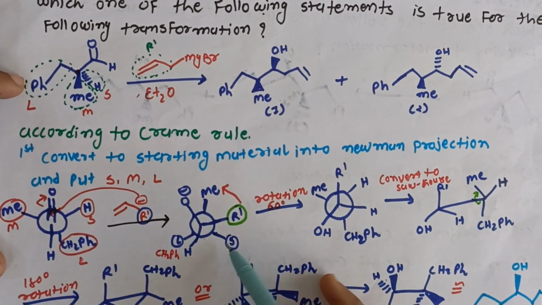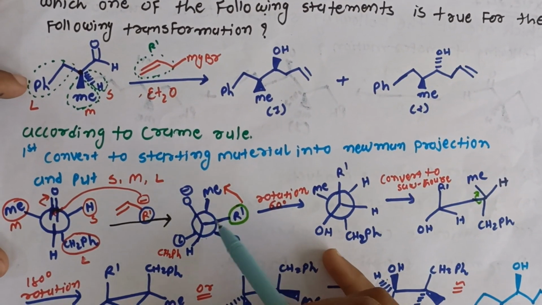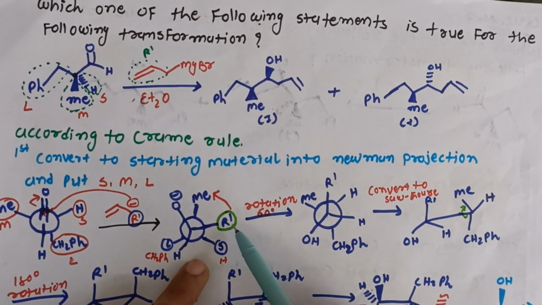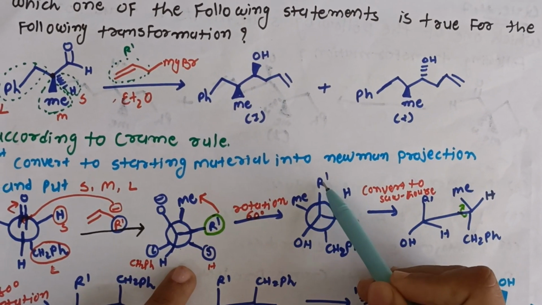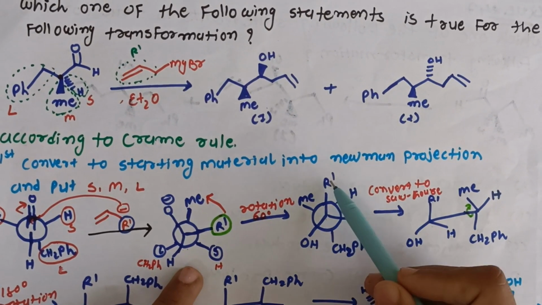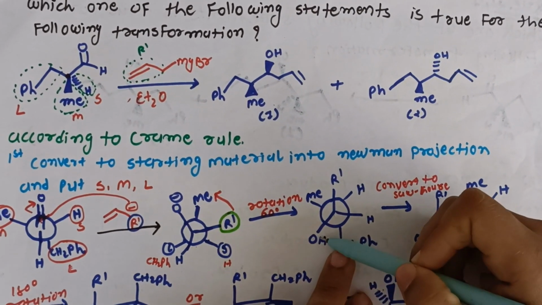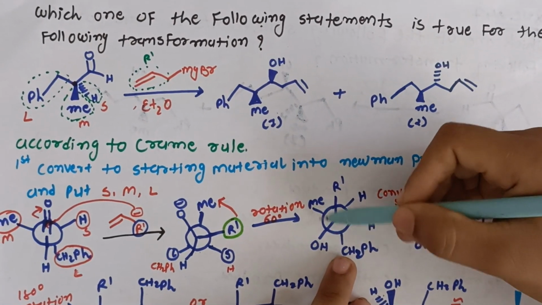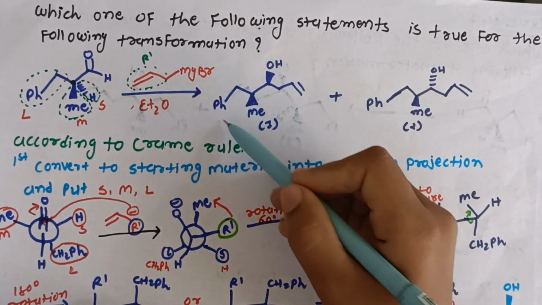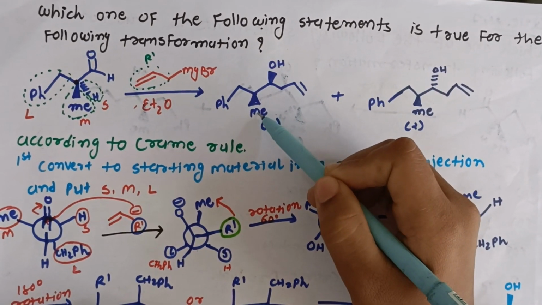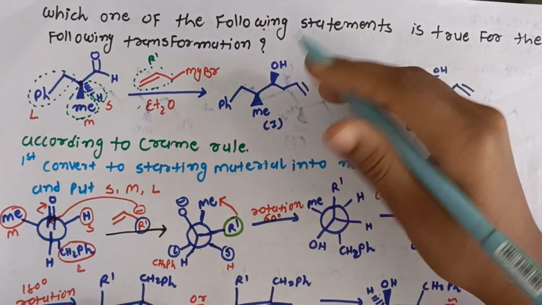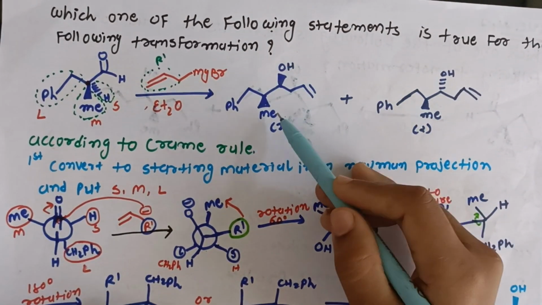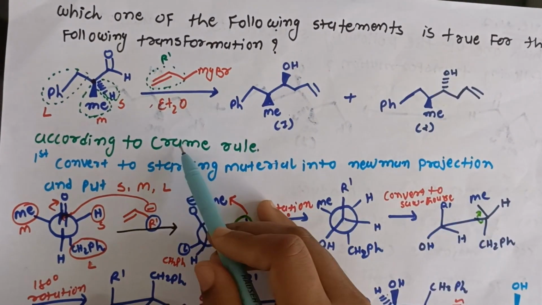Now this is the form in the carbon-carbon rotational conformation. Now this structure rotates by 60 degrees, and R dash and the benzyl group are opposite to each other, and OH and the methyl group are on the same side, that means cis to each other. However, if the product has the methyl group and OH group both on the same side, it means the wedge side. That's why the correct answer is the one that is the major product and follows Cram's rule.